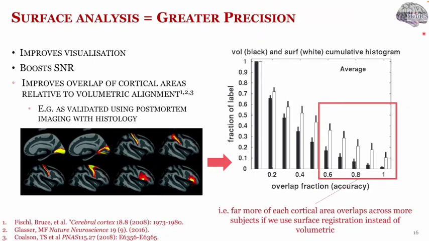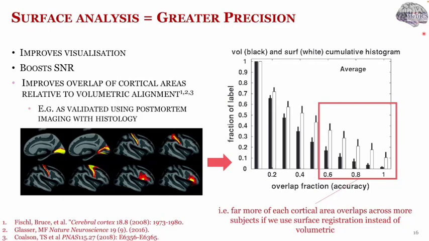Putting aside for one moment concerns over dissociation between function and structure, which I will address in the next section, there is ample evidence that moving from volumetric shape-based alignment to surface shape-based alignment is already improving the correspondence of functional areas. This was again shown nicely through the free surface cytoarchitectural study that I talked about a few slides ago. And likely this is because surface diffeomorphisms and smoothing operations are regularized based on geodesic distances along the cortical sheet rather than Euclidean distances in 3D, and that means that they are better respecting or preserving